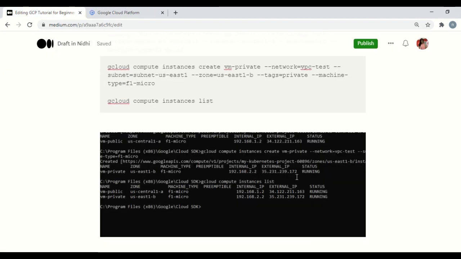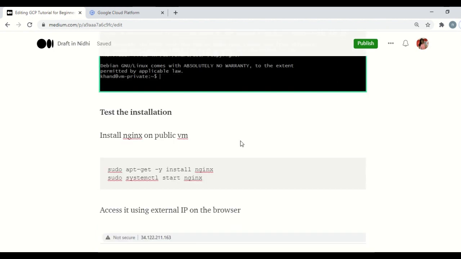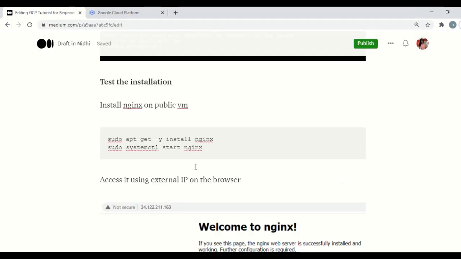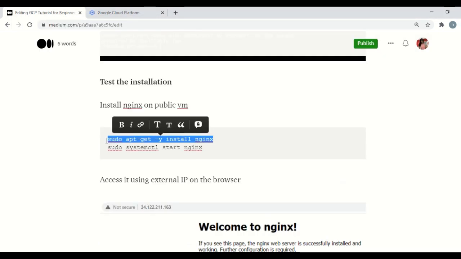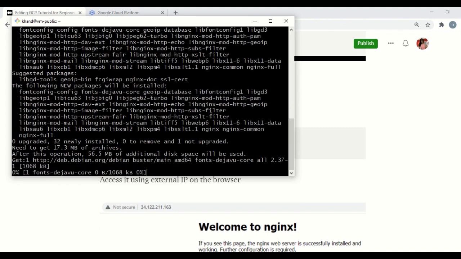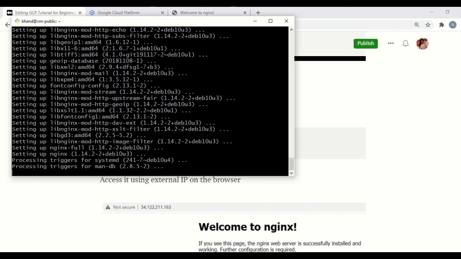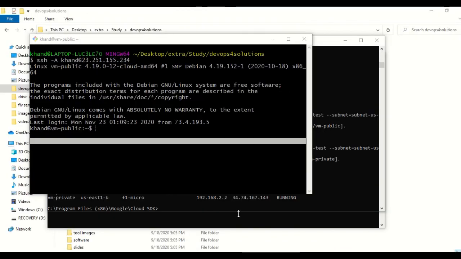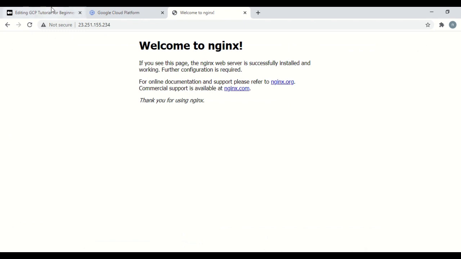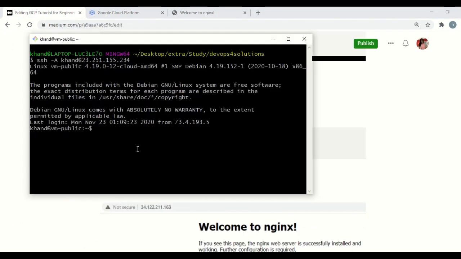Now let's do some testing. We are already logged into the public instance, so just install the Nginx server and run the final testing here. Okay, the installation is not complete yet. Once the installation is complete, we can run start Nginx. So let's run this.